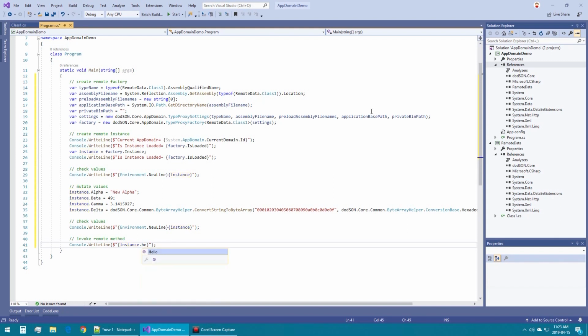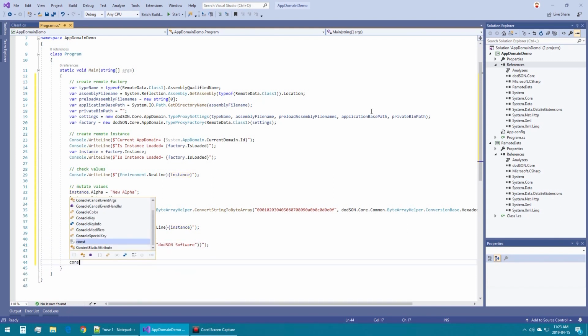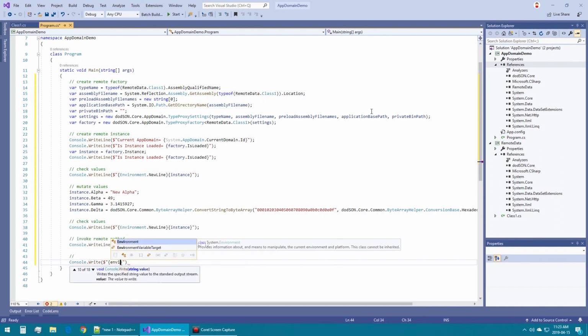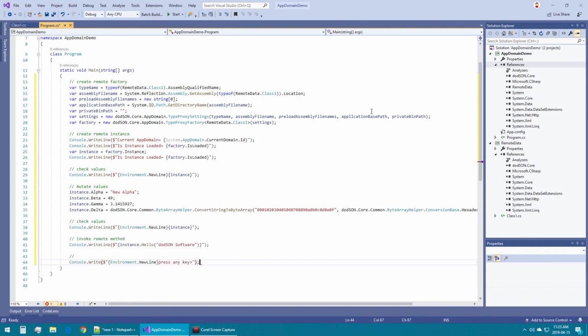After that, we will invoke the hello method on the remote instance displaying the results. Finally, we will wait for the user to press any key, allowing the user to see the results before the